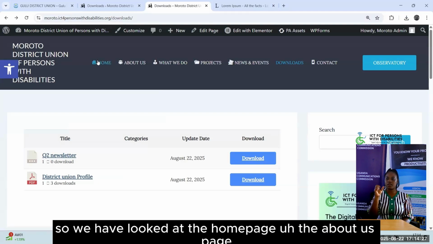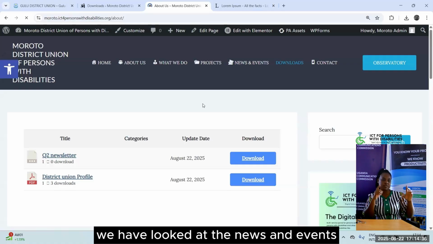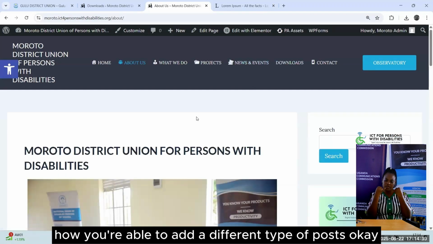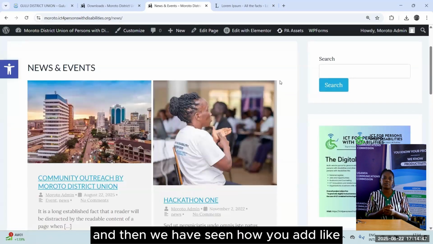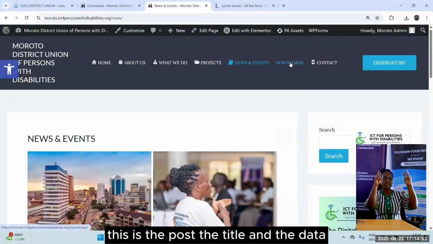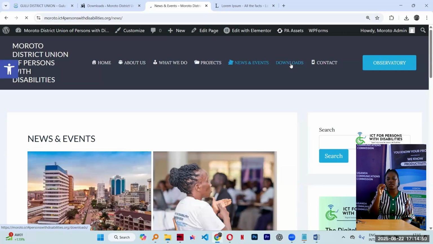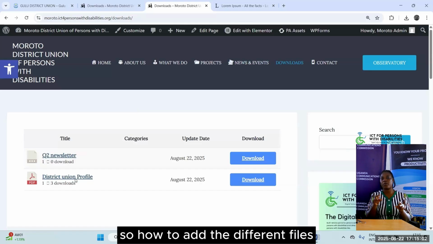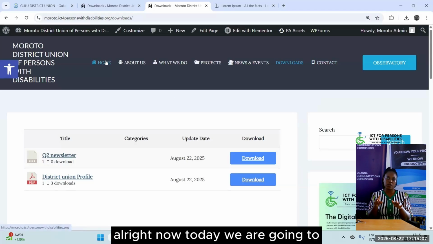So we have looked at the home page, the About Us page, how you're able to add the different text, images. We have looked at the news and events, how you're able to add a different type of posts, if you have an event, etc. And then we have seen how you add, like this is a featured image, this is the post, the title, and the date. And then we have looked at the downloads, how to add the different files. Right now, today we are going to